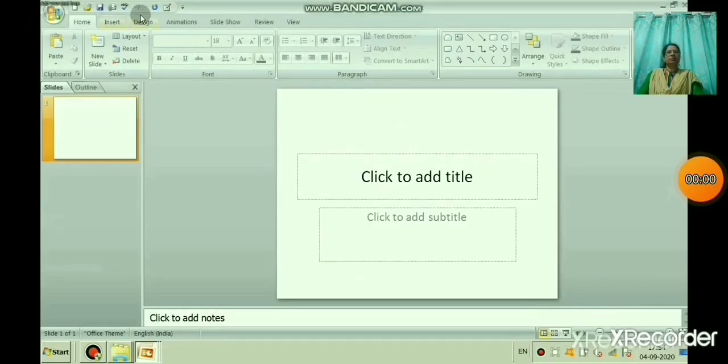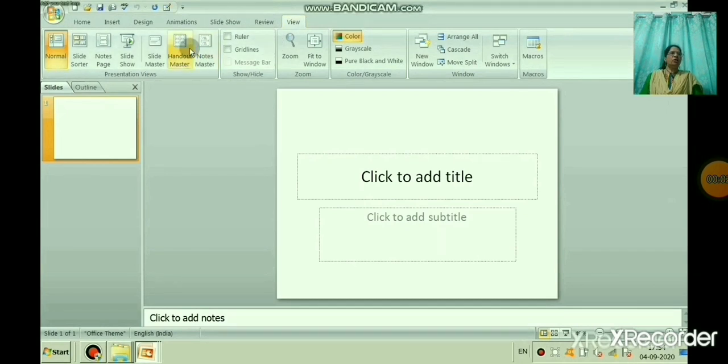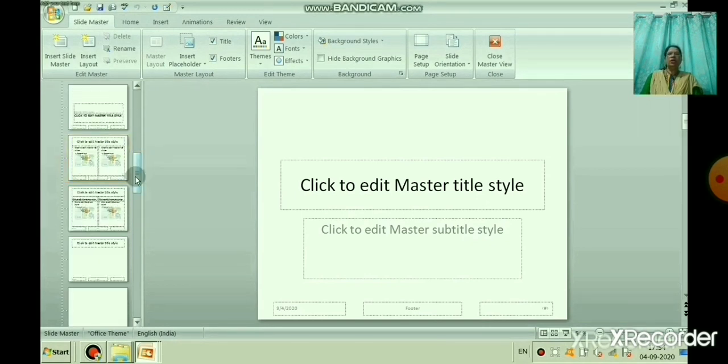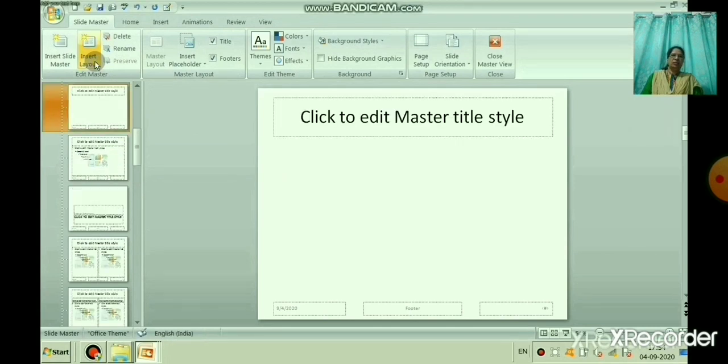Okay, children, with the help of slideshow you can view your slide. We will now take one topic, that is save our surroundings. For that, for example, you need 2-3 slides, right? Different ones: save electricity, save water, save fuel. These are the different slides in your presentation. You can take any slides. The topic is save our surroundings.